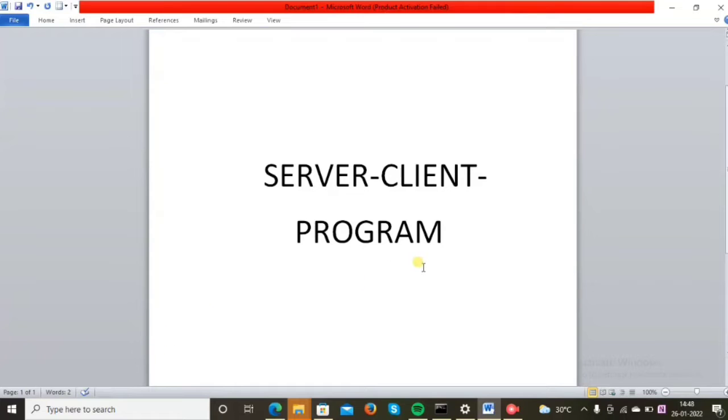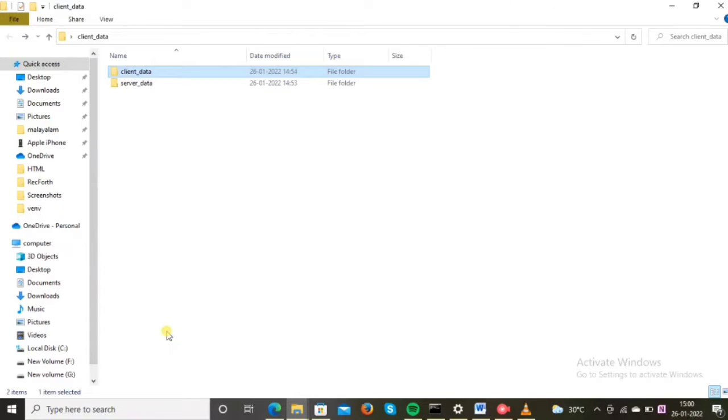Hi all. So today we are going to discuss a server-client program using socket programming in the Python language. For this program, we have a folder, and inside this folder we have two other folders called client data